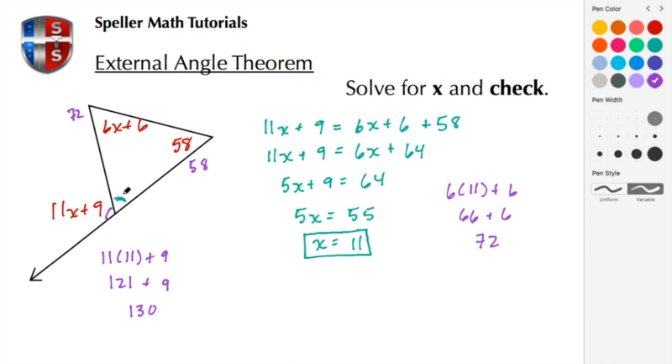So we're expecting this angle here to be 50 because we have a linear pair, and we know a linear pair adds up to 180. So let's check that to make sure that works out.